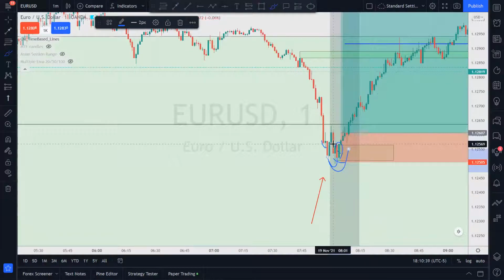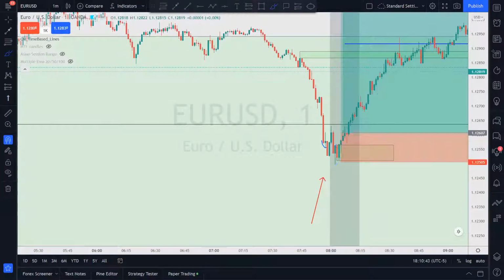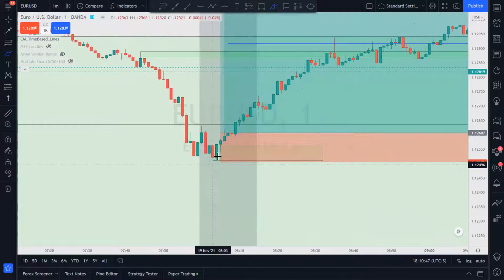And what did I do? I made this order block here. Why did I make that order block there? Because for me, that represents a head or a right shoulder. Look at this now. Down, up. Let me draw this out for you. All right. It's very subtle here. Down to here, up, down. Break structure to the upside.